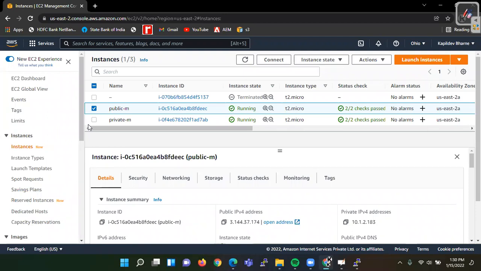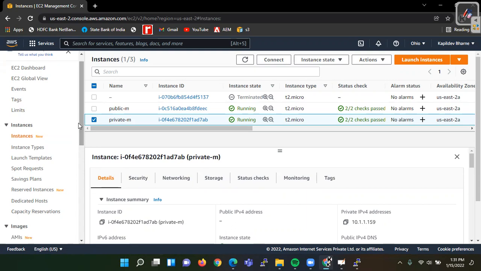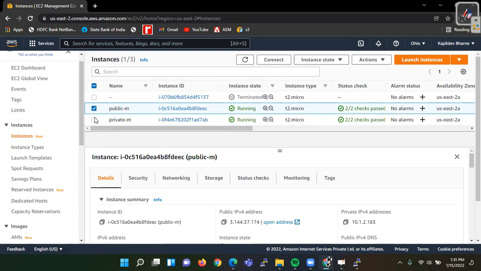In the diagram, we exchanged them, meaning we gave a private IP to public and public IP to private.